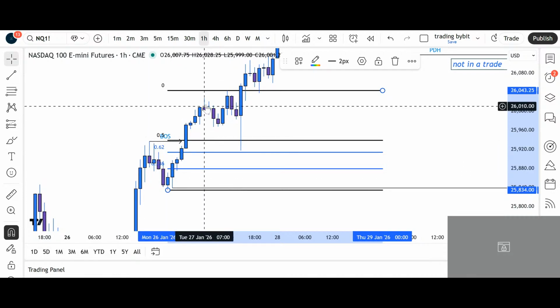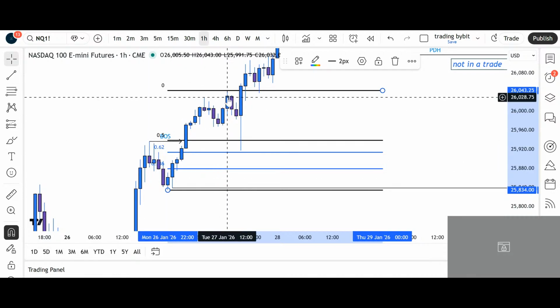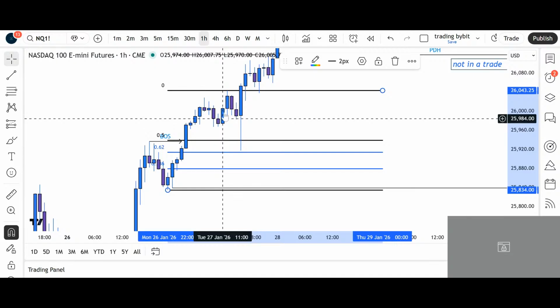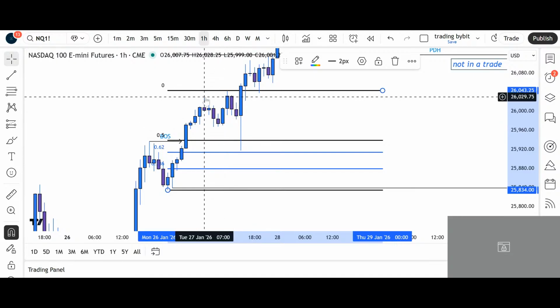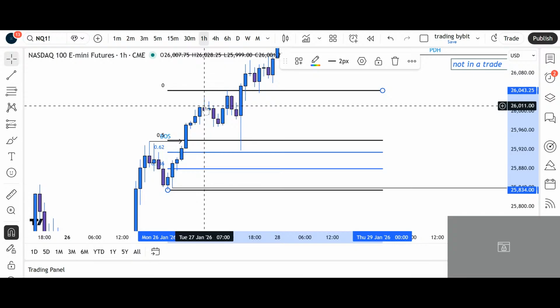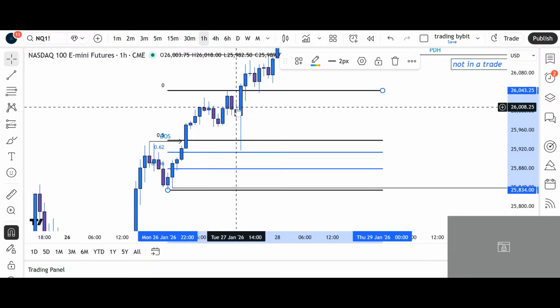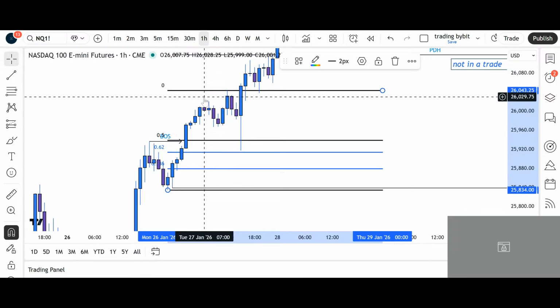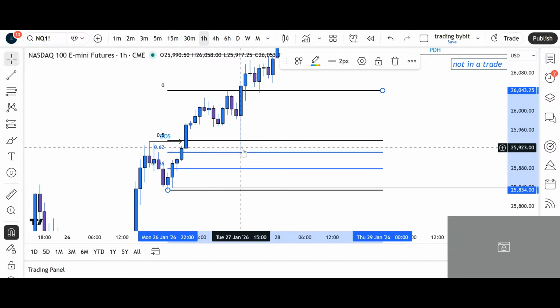And that was a beautiful retest of this break of structure. This one is not a break of structure. If you counted this one also as a break of structure, you do need to have displacement. So this only came a few points above. So this was not a break of structure, and this was not a retest of that move. So this was a sideways movement, just taking some partial liquidity before we could move lower.